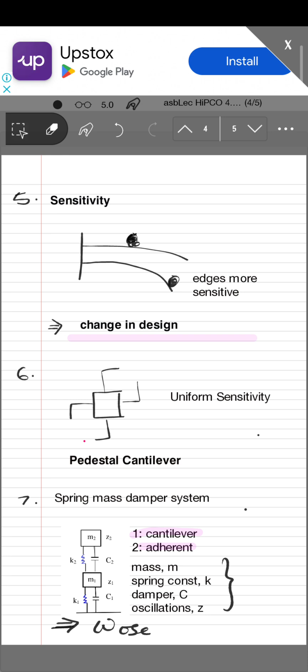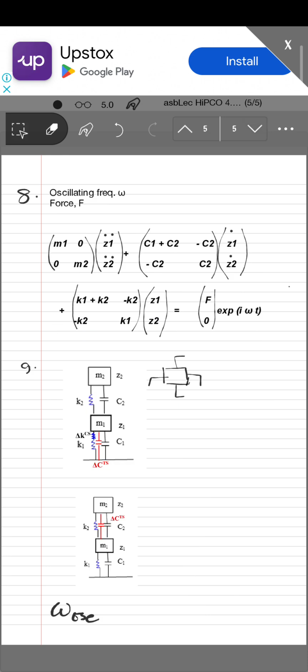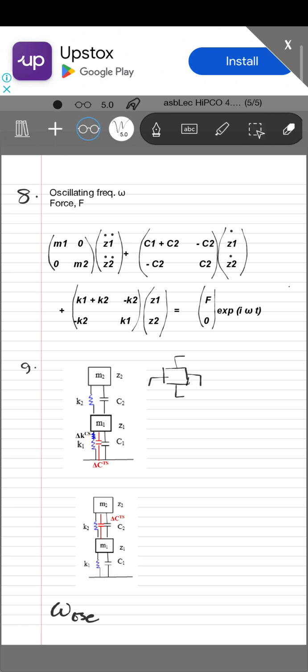Now, in this case, if there is an adherent, another way, this whole system can also be put in the form of an equation. So we can see that if omega is the oscillating frequency, which has been explained previously, and if F is the force applied, this can be put into an equation where the first term represents the mass that is getting adhered. The second one is the damping system. This is the spring system. And fourth, we have the force, and correspondingly, you have the oscillating force, the frequency with which